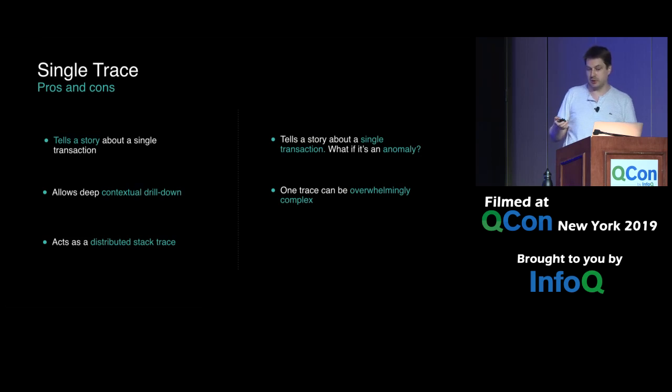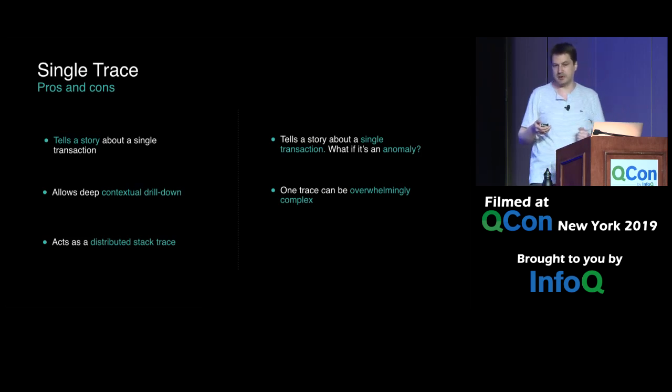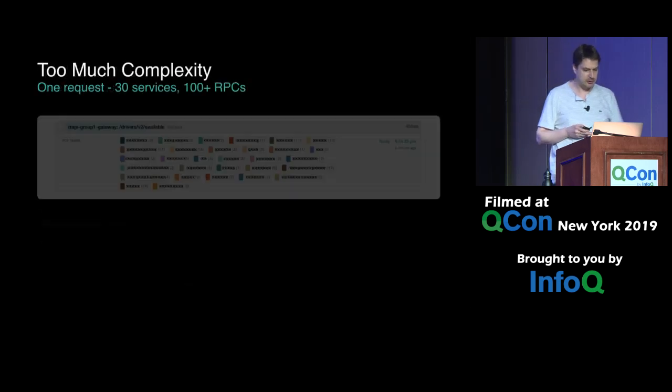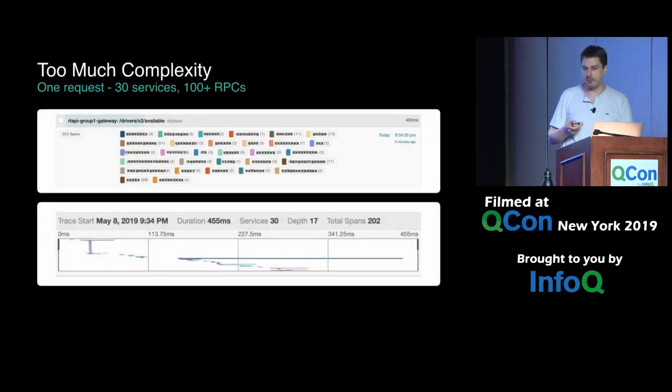Another problem which you couldn't see in the previous examples is that traces themselves can get exceptionally complex. I will show some statistics soon. So this is a real example from Jaeger production at Uber. I think it's a driver going online. That's a type of request when the drivers start their app, right? So we can see here that there's a,